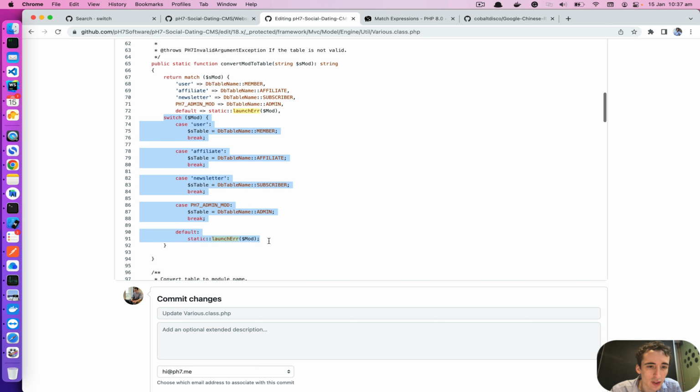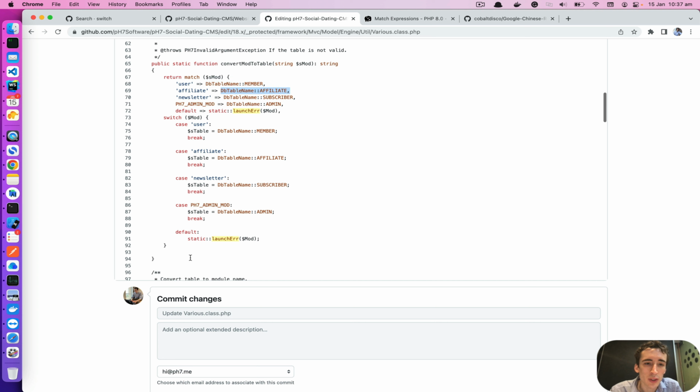And this is done. So we have done all of them. You see it's much smaller, and it improves the readability as well. So you don't need the break anymore. The break statement is not needed anymore because it will return automatically each expression. Since we have only one line expression, we don't need the break because match knows directly to return this one